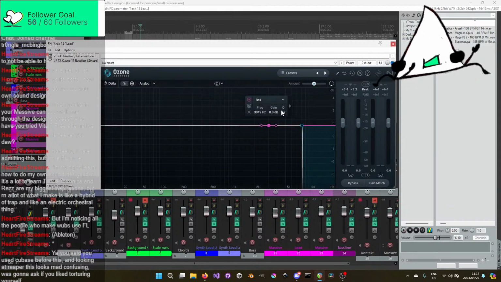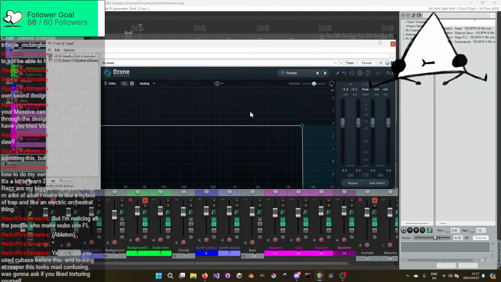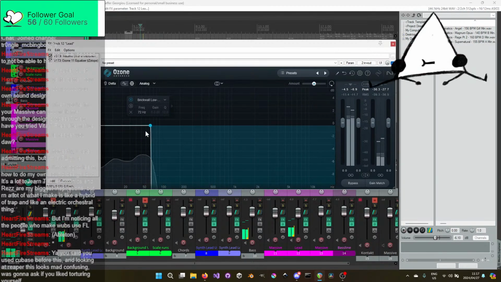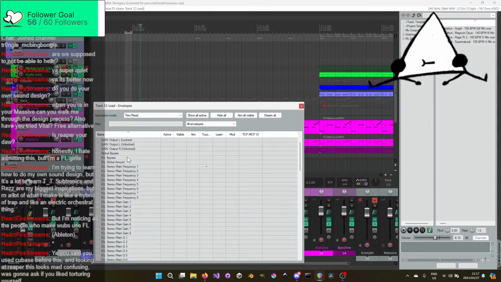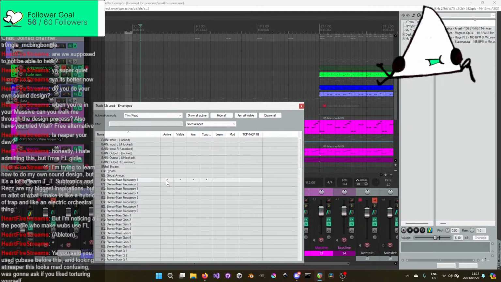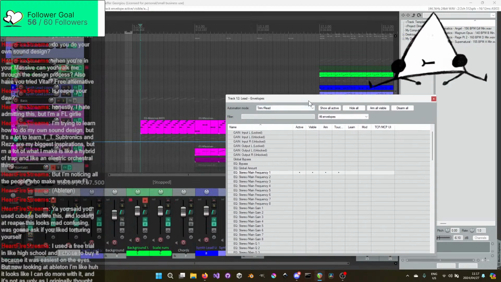So we're gonna delete. No, well, delete didn't work. So we're gonna click. So I'm gonna start this around here. Then we'll do it slowly. So wherever that is now, we're going to then go trim. We're going to find the thing. We're going to go EQ stereo main frequency 1 active. Correct? Maybe?